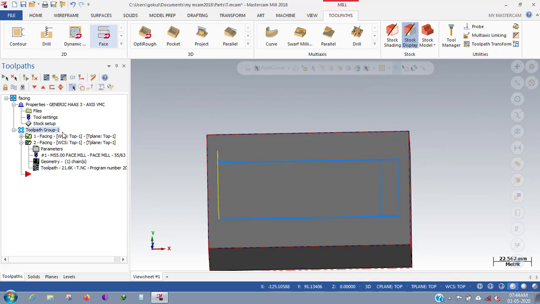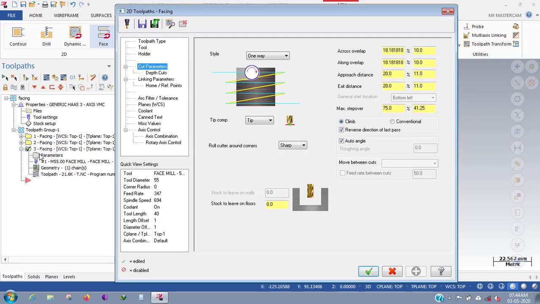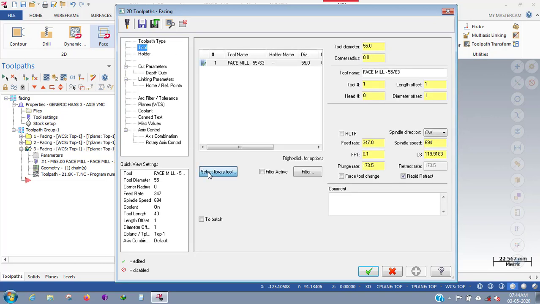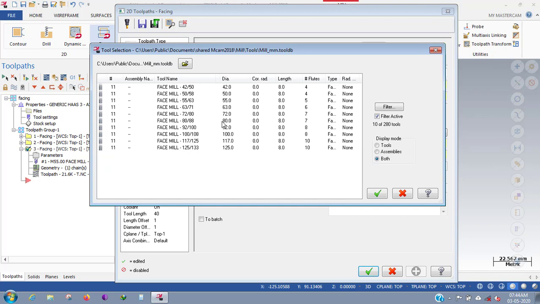Okay, it is one way toolpath. Okay, next toolpath, let's go and copy and paste as it is, and I'm just going with one pass, and in this with the width of that tool to be used, so we have to go with the 80 mm face mill.